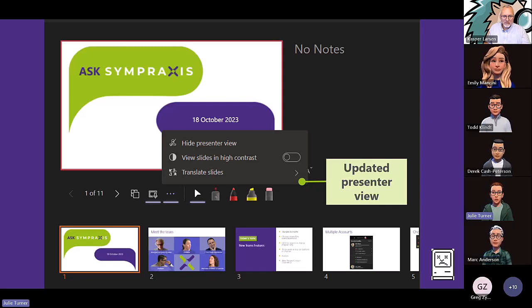Sorry, go ahead. No, go ahead. I think translate slides is an awesome thing. It translates the text in the slide, which is different than giving you a transcript of the talking. A lot of people are going to have to think a little differently about this. For example, the slide on the top right there, the Ask and Praxis and then the date, Ask and Praxis is an image, so it can't be translated. Any text boxes can be translated. I think that's awesome for accessibility. You don't have to do the work as the presenter. Teams does the work for you so that people can understand in their native language.